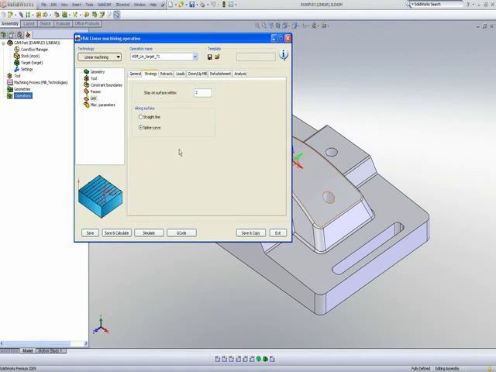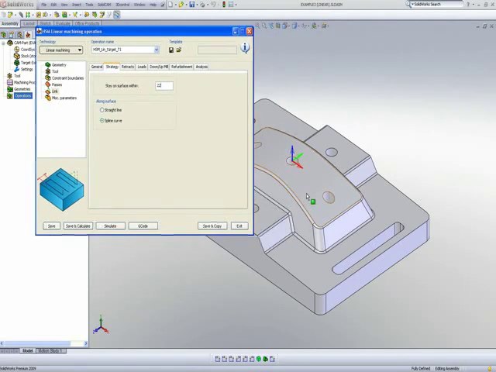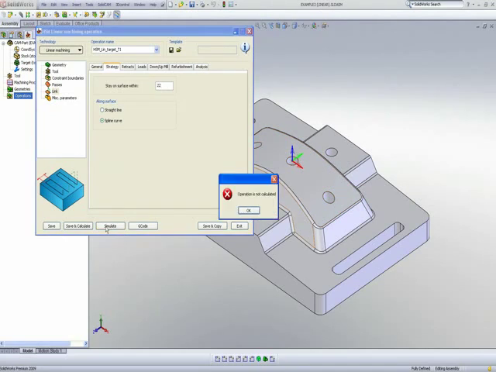I'll also go into my strategy area. In my strategy area we have the parameter called stay on surface within. I'll change this to 22mm. That means any area which is less than 22mm, such as these holes over here, it'll actually go straight to the next area instead of jumping over it. Now if I do save and calculate,